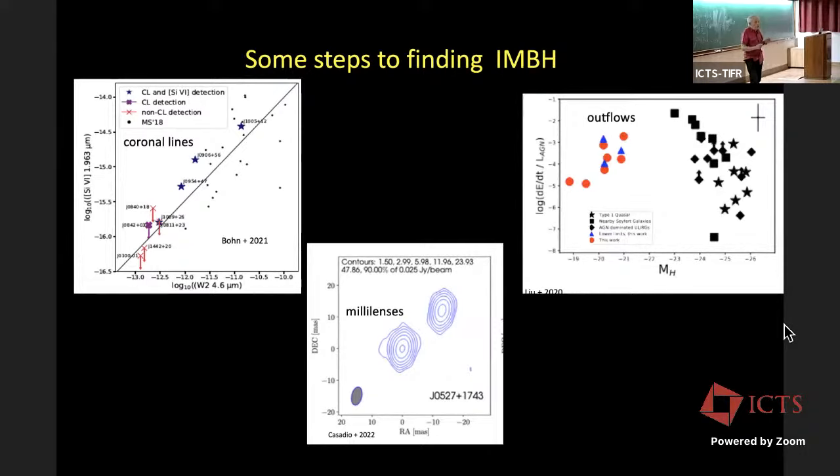One is you look for very unusual spectral lines. These are coronal lines, lines you see in the solar corona, really high excitation iron, I don't know, 21 or something. Really, you see them in the X-rays or the extreme UV. And this tells you there's some dramatic energy input into the gas. And from the properties of these lines, their dispersion, you can infer the central mass too. So that's one method. Another one is studying outflows, again, from the gas emission in the centers of galaxies.